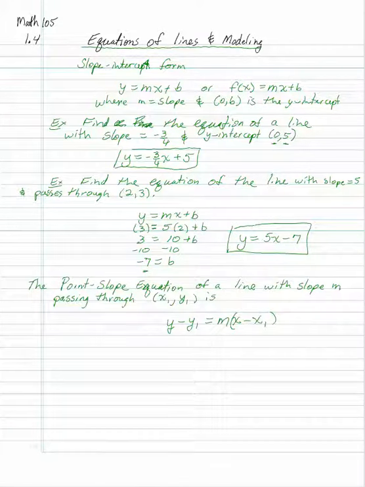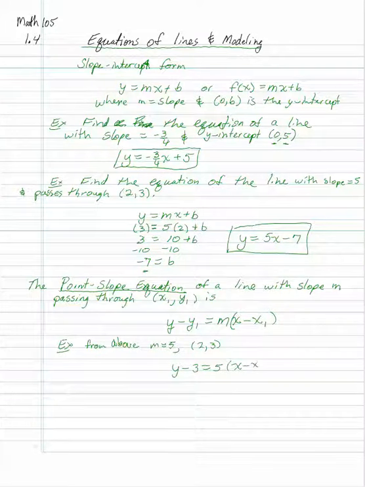Okay, we could do this problem an alternate way using the point-slope equation, which is just y minus y1 equals m times the quantity x minus x1. So let me show you the same example using point-slope form. I'm going to write m equals 5, and the point is (2, 3). It goes through (2, 3). So I'm going to do y minus y1 equals 5 times x